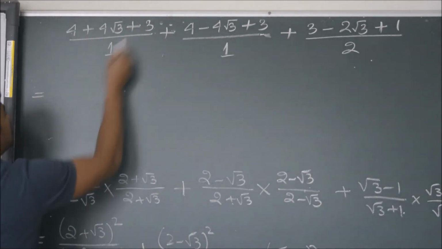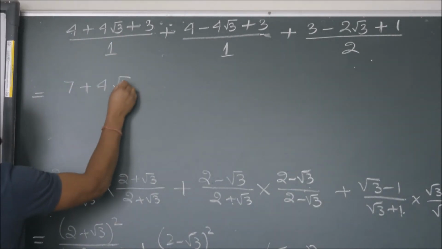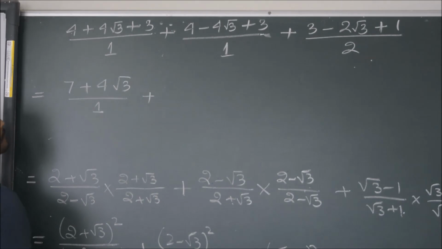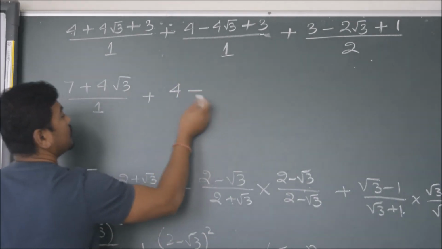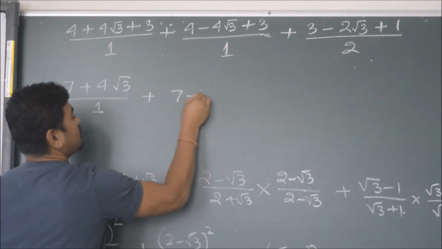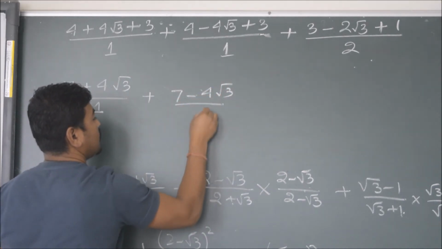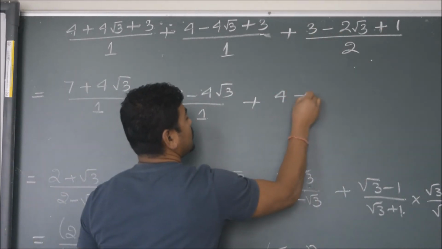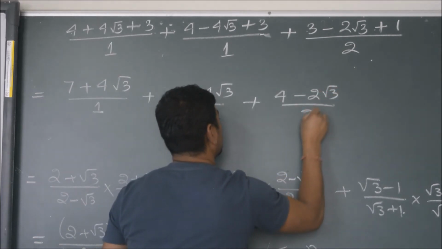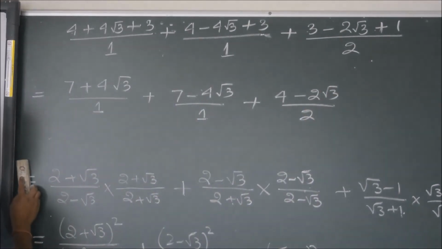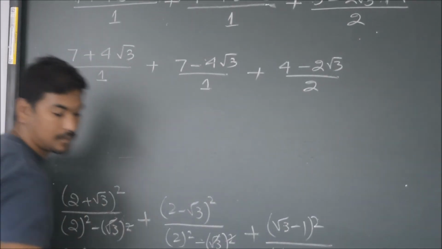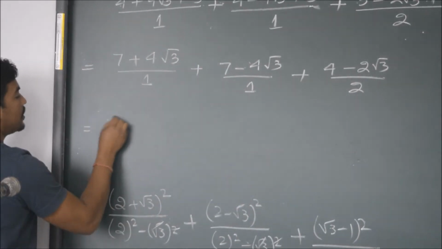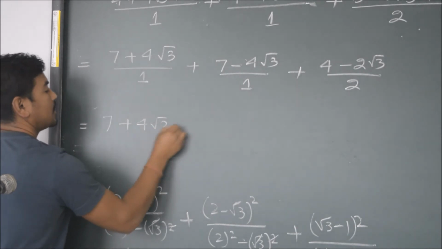So 4 plus 3 will give you 7 plus 4 root 3, over 1. Okay, let's write 1 here, plus 4 plus 3 will be 7 minus 4 root 3, over 1 plus 3 plus 1 will give you 4 minus 2 root 3. So here 1 no need to write, so you can simply write the numerator only: 7 plus 4 root 3, plus